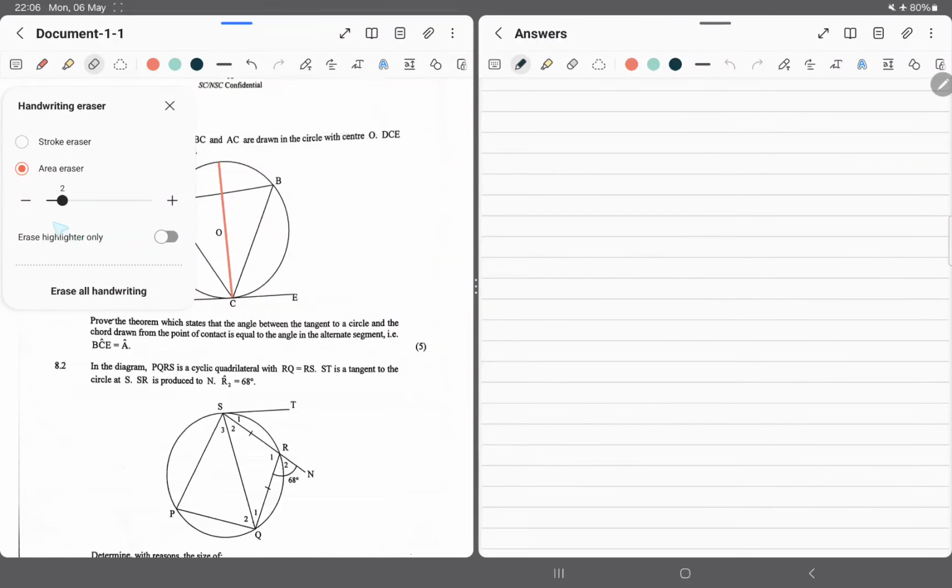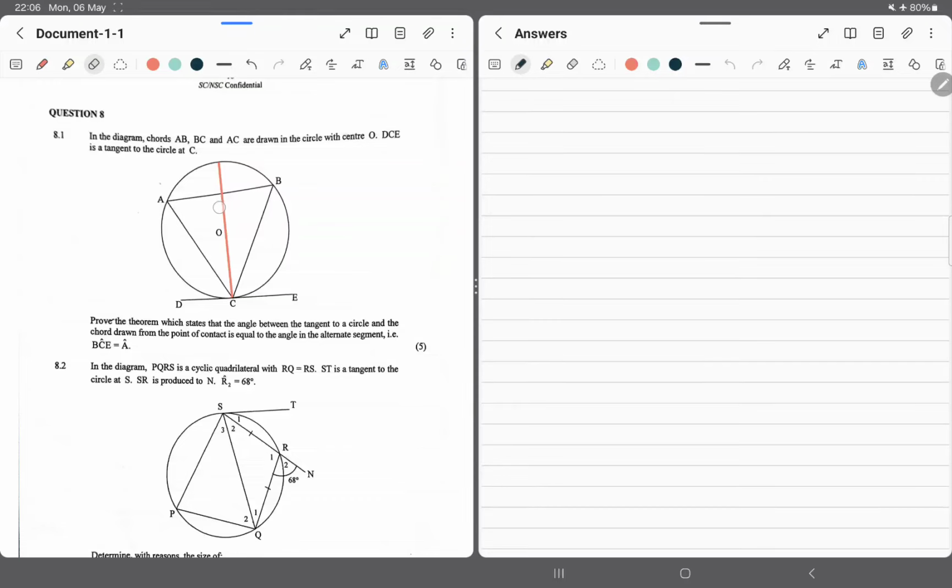You only draw that thing. I don't know, some kids like to manipulate my things. I don't know. Anyway,